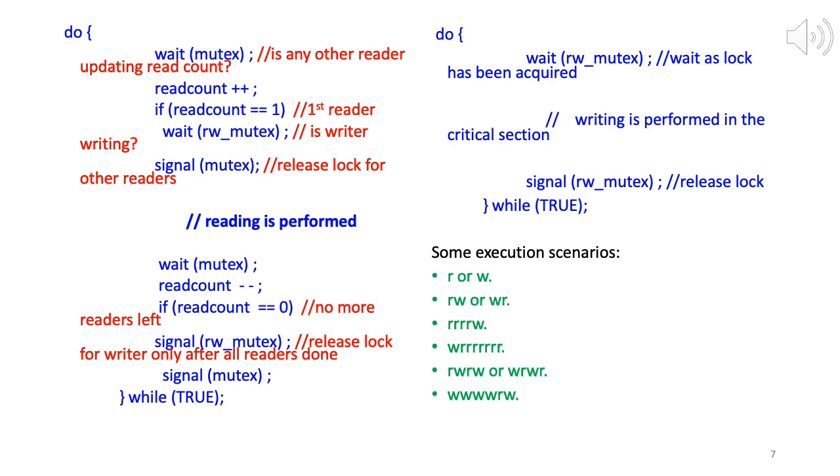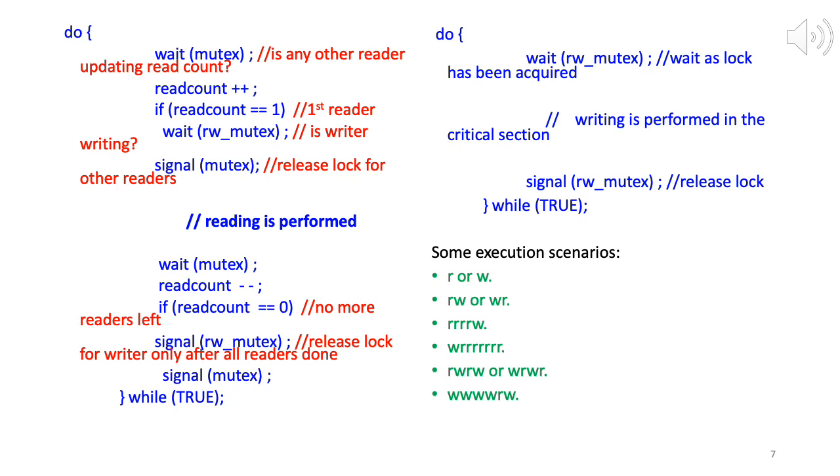So here we are talking about, note that, read write underscore mutex lock. The second, third, and fourth readers still have to acquire the mutex lock, but the read write mutex lock only the first reader acquires. The second, third and fourth readers don't acquire that lock. They can just go on directly to read. Right? And for the second, third and fourth readers, the read count is equal to 0 check will also not be true.